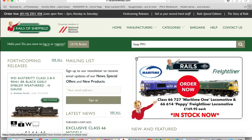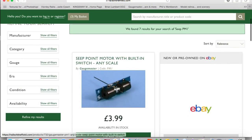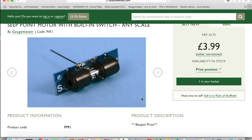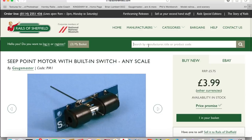So I bought 9 point motors from Rails of Sheffield, which you can see here. They're the PM1 point motors, and as I said before, it's got the polarity switch on there. So these were £3.99 each, and I could find these were the cheapest basically on Rails of Sheffield. They were slightly dearer on Hattons,